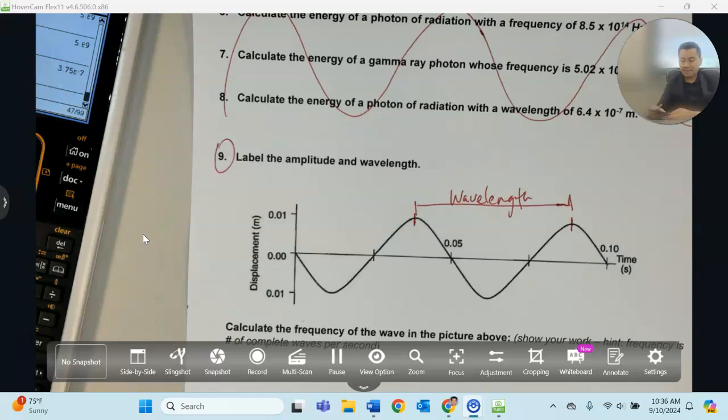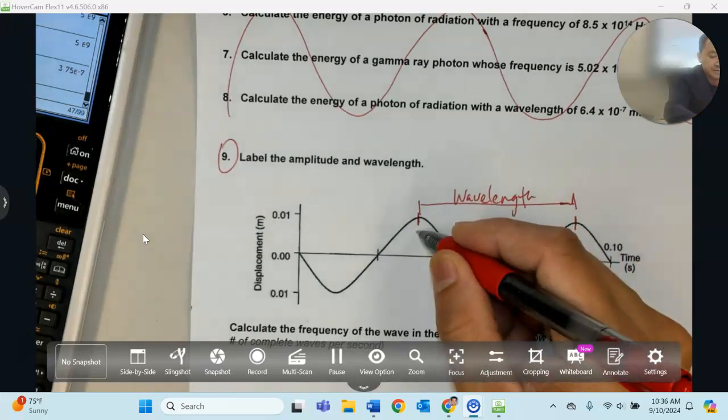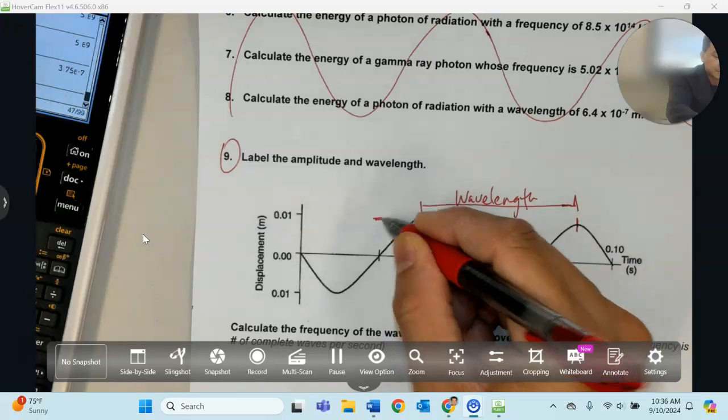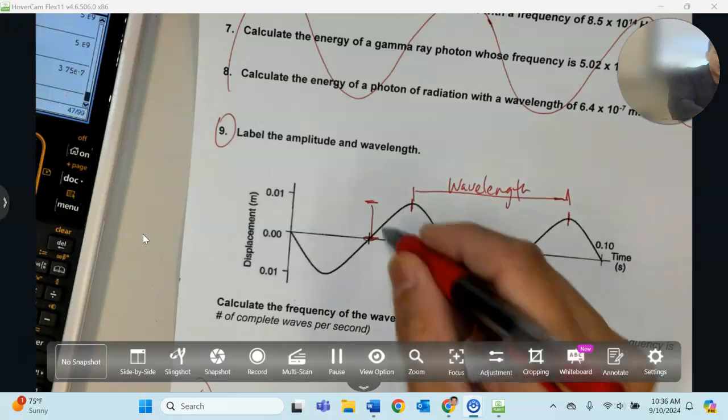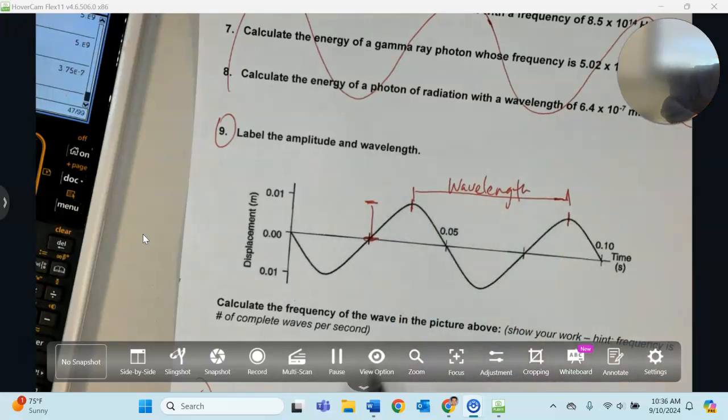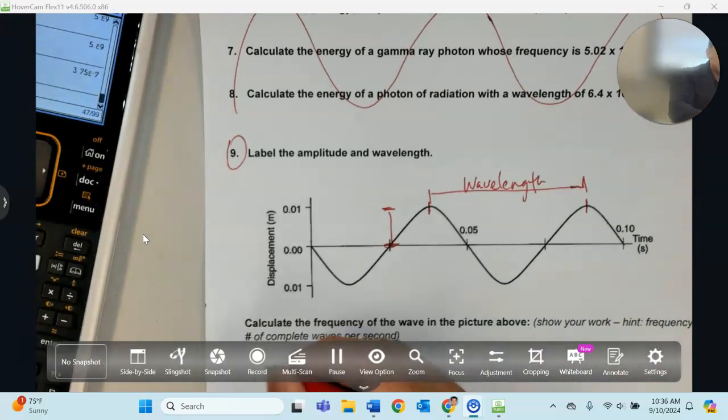So the amplitude is basically just the height of the wave. It's from here to here. Okay. That's not important though. Just focus on the wavelength part. Okay. And so calculate the frequency. Remember, frequency